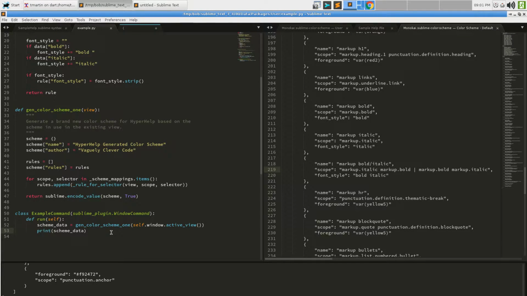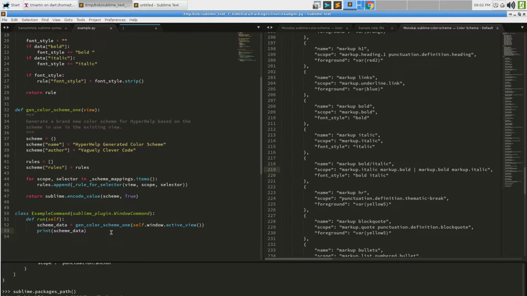Now, I'm pretty sure we can say sublime.packages_path and get that. And if I imported os, I can say os.path.join for sublime.packages_path. For our purposes, we're going to store this in the User package. That's not actually how this would work in the final version. It would actually take that string and add it to the zip file as it's generating the package.